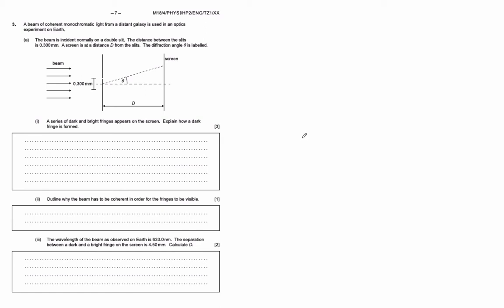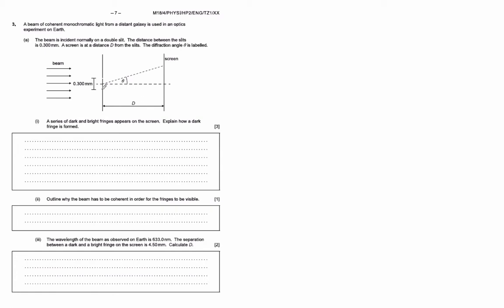A beam of coherent monochromatic light from a distant galaxy is used in an optics experiment on Earth. The beam is incident normally on a double slit. What happens if it's not normal? I think it still works though. Anyway, the distance between the slits is